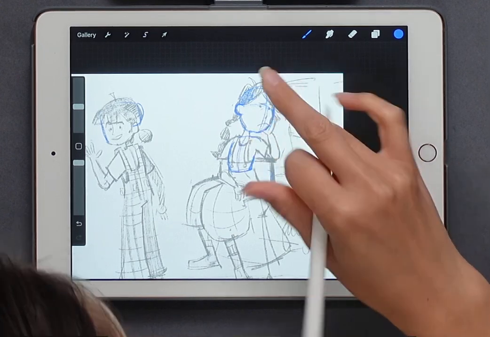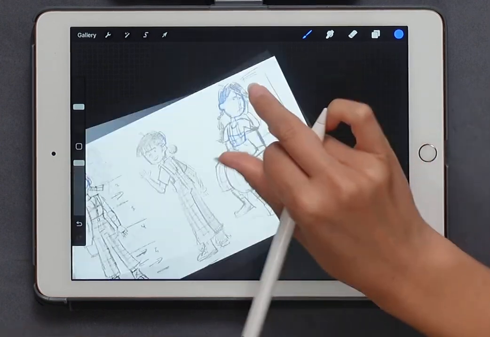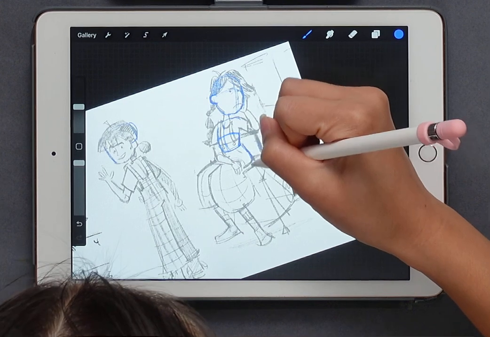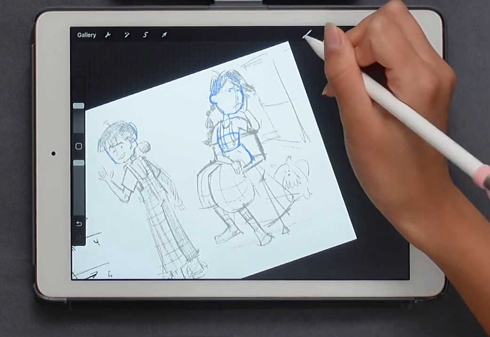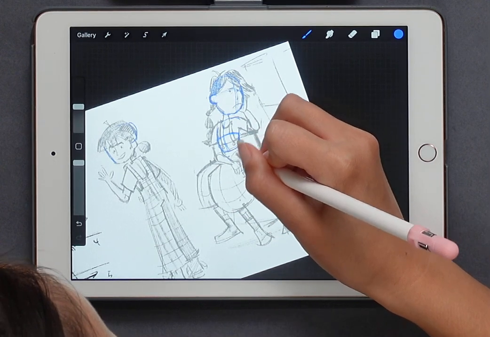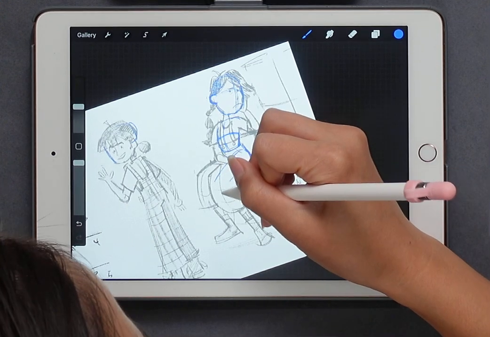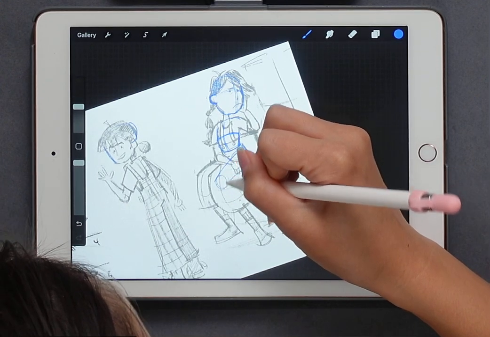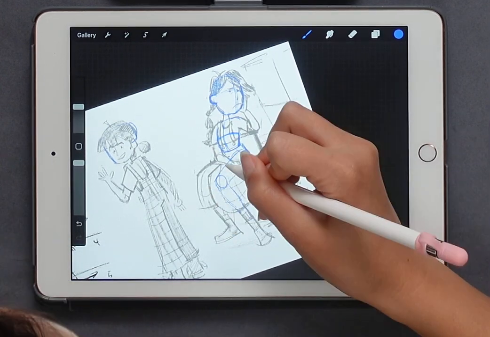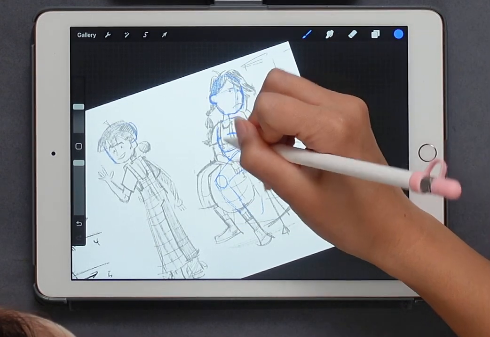I tend to like characters that have high waist shapes, which can be bad sometimes because you tend to draw things a certain way, but at the same time it can show your style and what you're interested in. So it's not always good or bad. But right now I'm just drawing out the forms of her body,